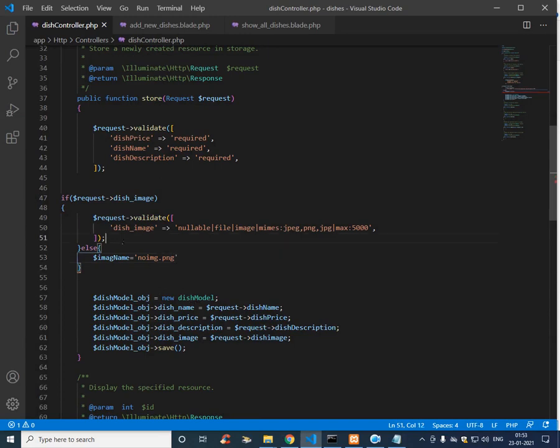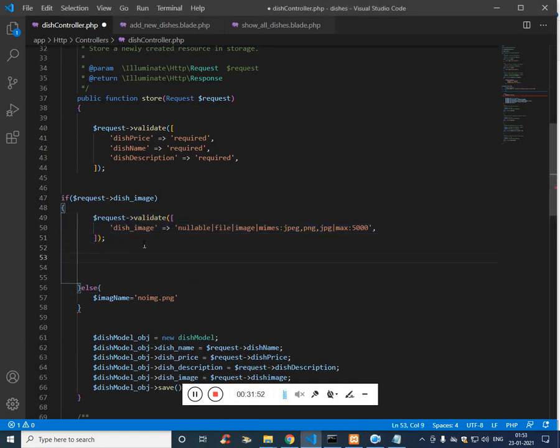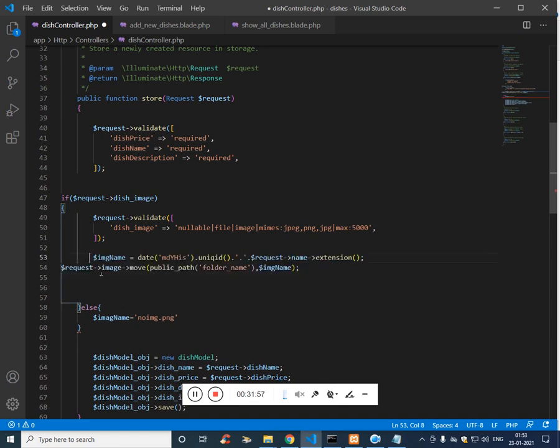Fine. Now what we need to do is, if there is an image, then the next step is we have to push the image into the folder and we have to rename the image. So that's the code. If there is an image, then change the name to the date with the unique ID, and then we have the extension of the received image, and then we have to move this image to the public folder.